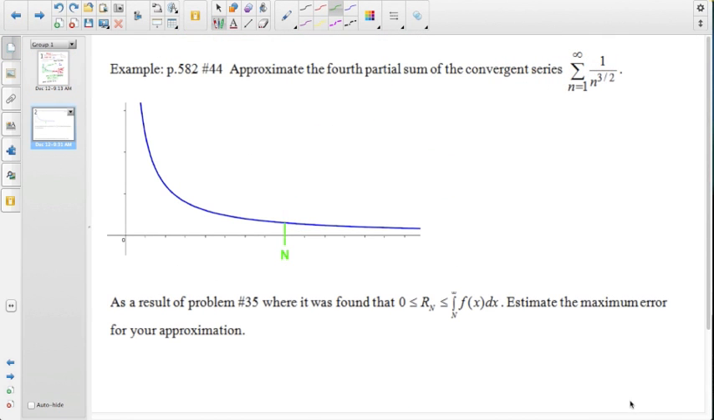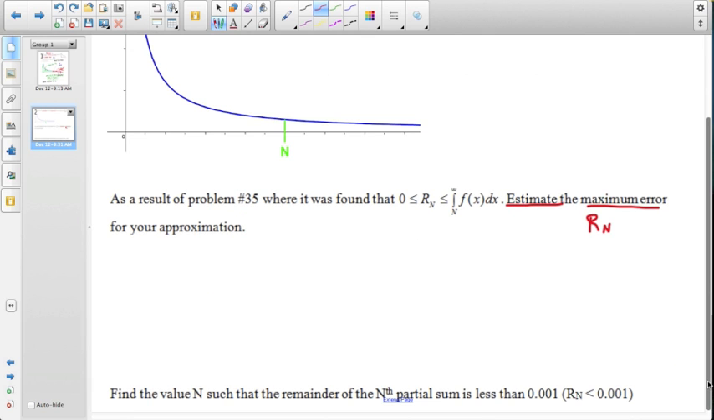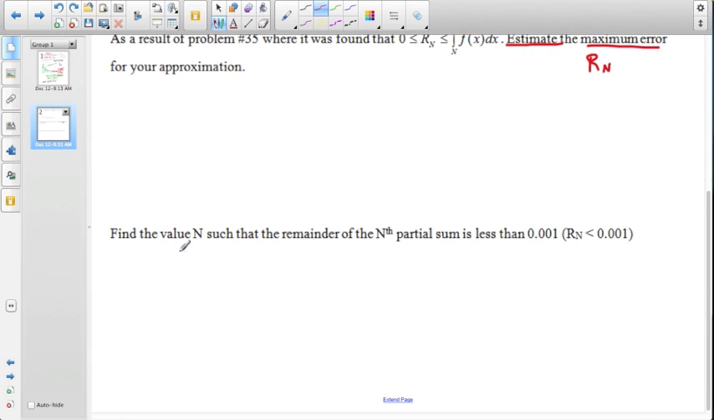Questions involving the remainder of a series fall into 3 categories. The first category is approximating a partial sum, in other words, literally adding together a certain number of terms. The second category is to estimate the maximum error. In other words, find R sub n, the maximum value of R sub n. And then the third category is to find how many terms you have to go out to